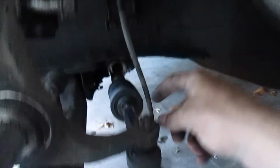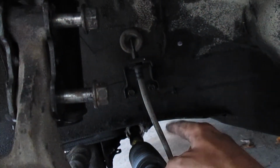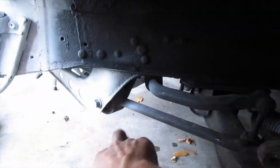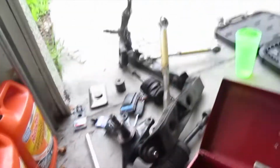We gotta stop at Steven's house real fast to get the tie rod adjust, what's it called? Tie rod? I don't know. Tool to take the tie rod off. Yeah, and then all I need to do is just take this off, the sway bar off, and the lower control arm, because this thing comes with everything. So the kit that I got